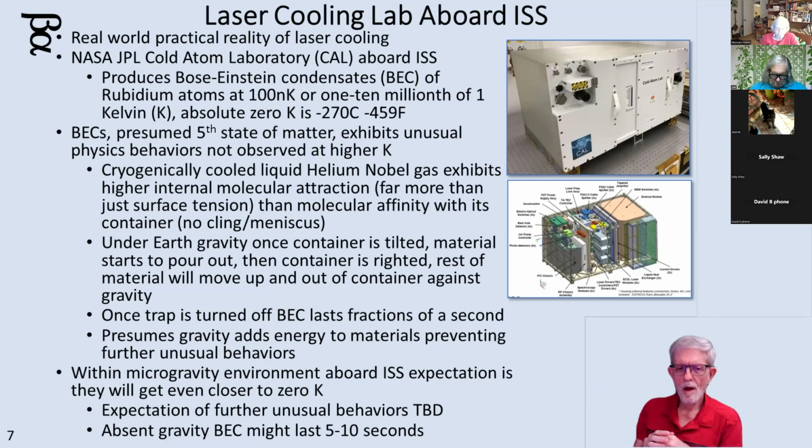So they're saying that by having the laser cooling lab on board the International Space Station in microgravity, we'll lose most of that gravitational attraction. And we might get to see that if we turn off the trap, the BEC effect might last 5 to 10 seconds, which is still not a long time, but